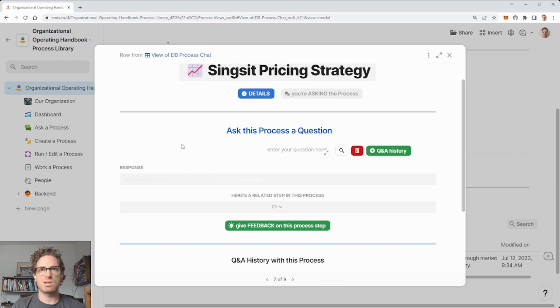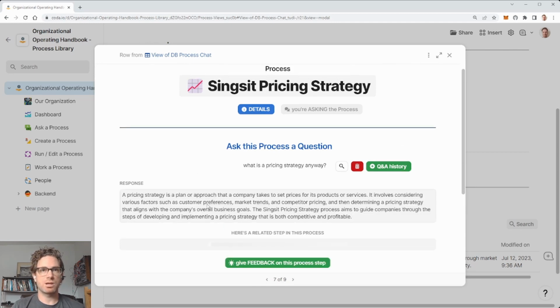So the nice thing is you can ask it questions that you may not be comfortable asking a human. So something like, what is a pricing strategy anyway? Maybe you don't know. Maybe you've been asked to prepare a pricing strategy and have no idea what it is. So after a bit of time, it gives us this nice description of what a pricing strategy is, and